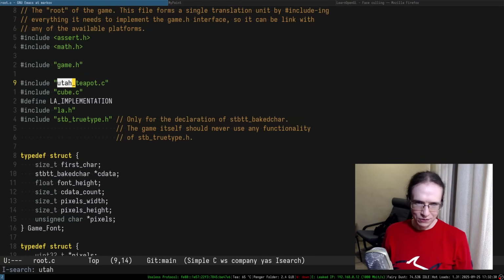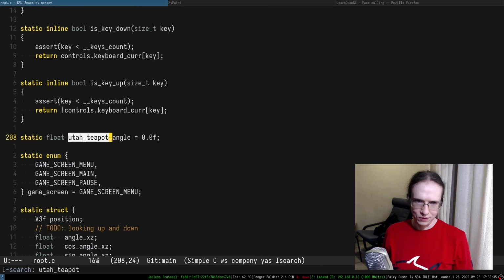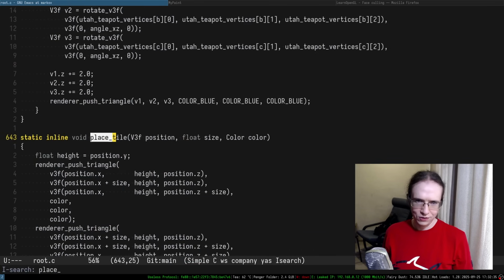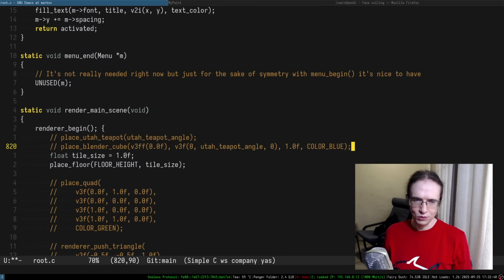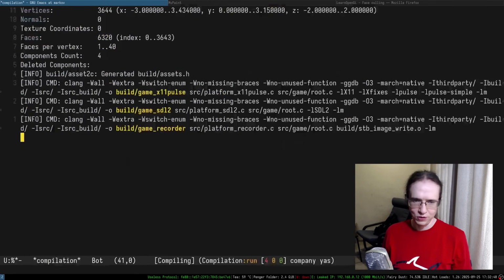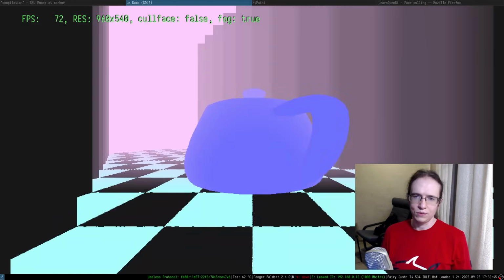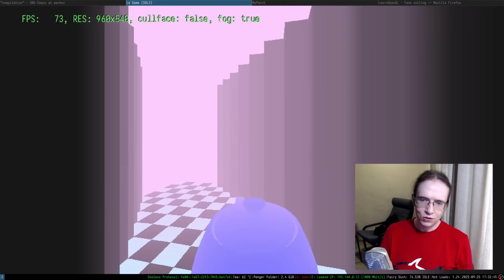By the way, I remember a very cool thing about the Utah teapot. Where is the Utah teapot? Let's remove the Blender cube. Let's put this thing in here. The floor. We need to fix the floor. That's true, we need to fix the floor. Okay, so